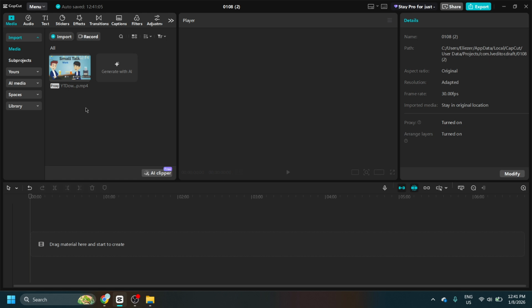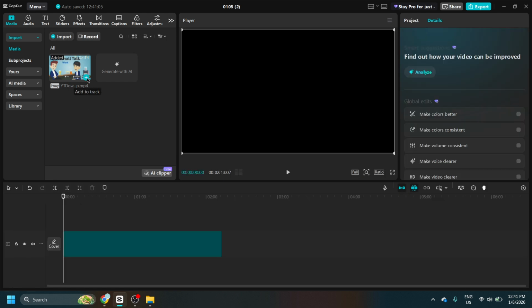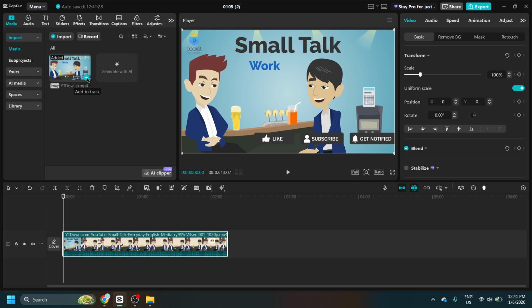Next, add your video. You can drag and drop your clip into the media bin and then onto the timeline. Give it a quick play to confirm the audio is clear, because the caption accuracy depends on it. If your audio is quiet, consider raising the clip volume slightly before generating captions so the tool can pick up